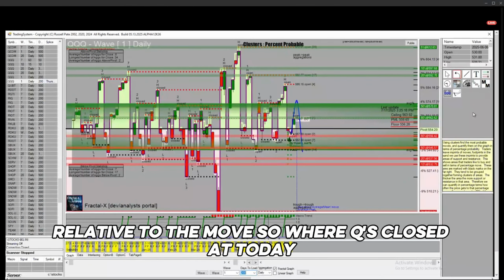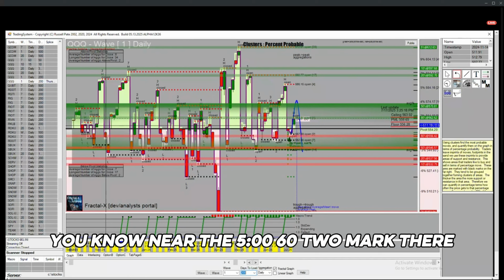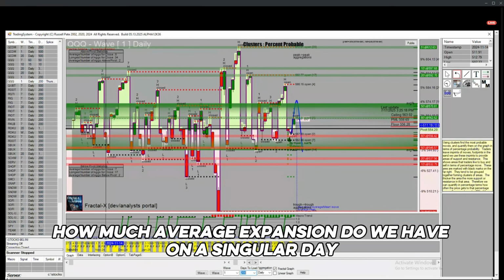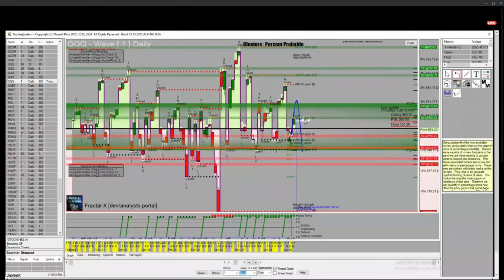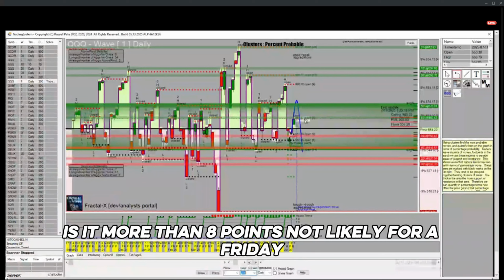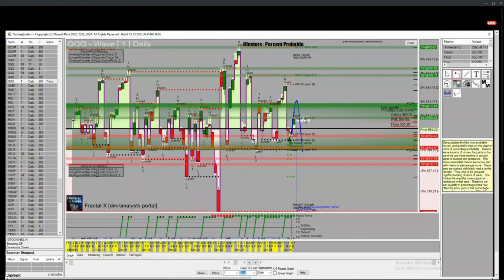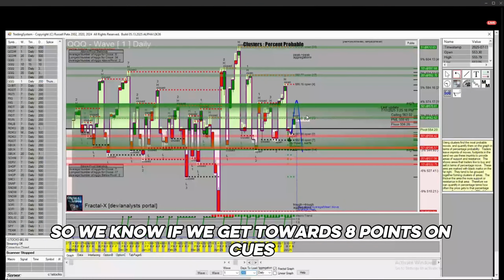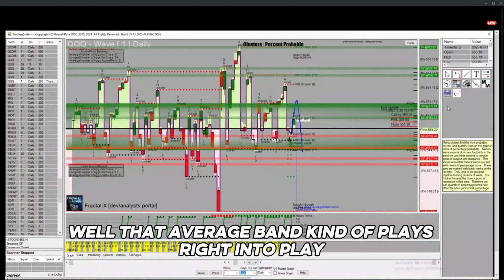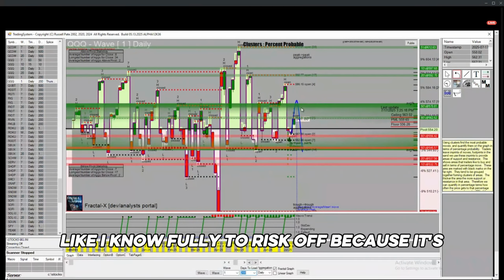So where Q's closed at today, near the 562 mark there, how much average expansion do we have on a singular day? Is it more than 8 points? Not likely for a Friday. That's a crazy day right there. So we know if we get towards 8 points on Q's, well, that average band kind of plays right into play. Like I know fully to risk off because